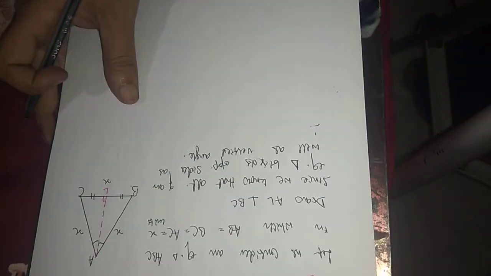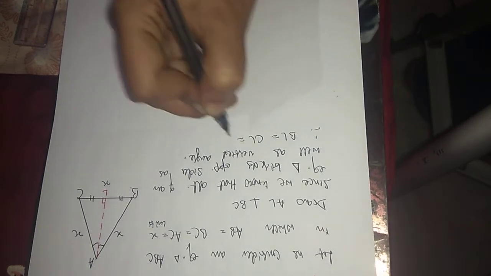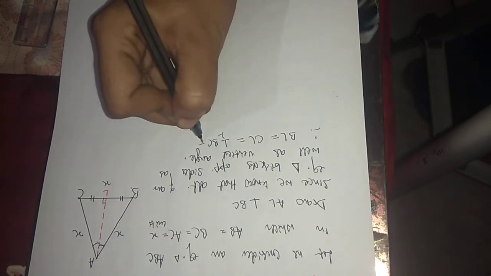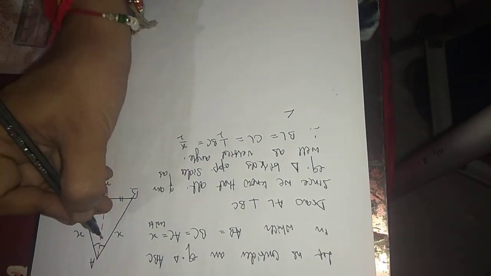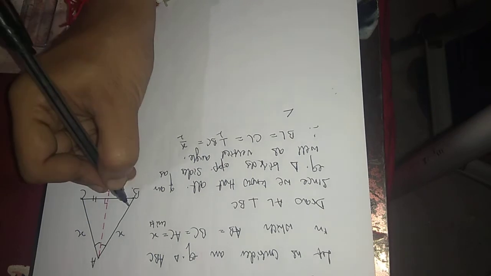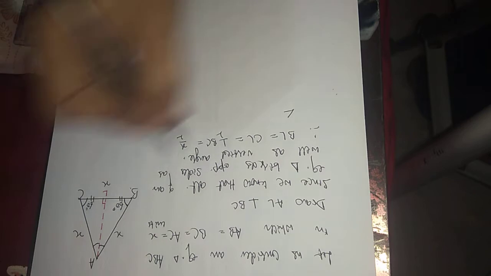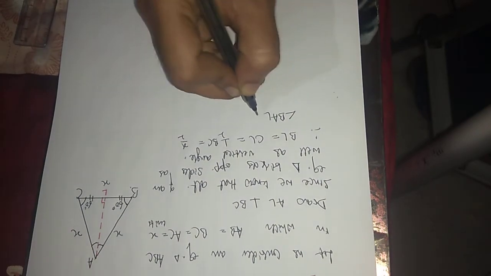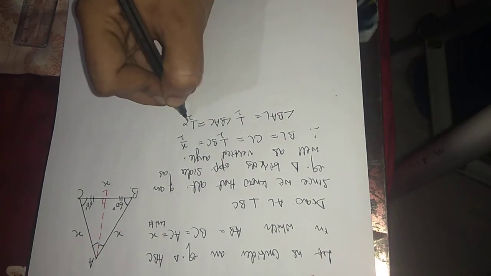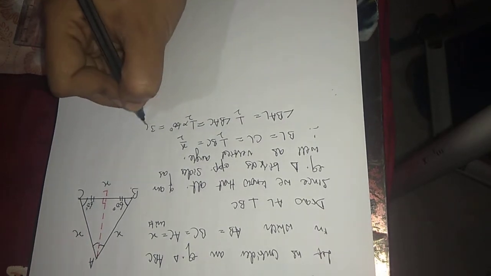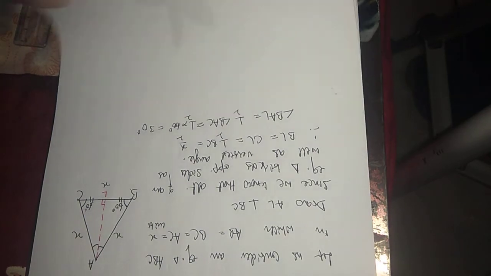therefore BL and CL are half of BC. BL is equal to CL is equal to half of BC, that is x upon 2, and angle BAL is half of angle A. Since every angle of an equilateral triangle is 60, angle BAL is half of angle BAC, that is half of 60, which is 30 degree. Now in right triangle ALB,